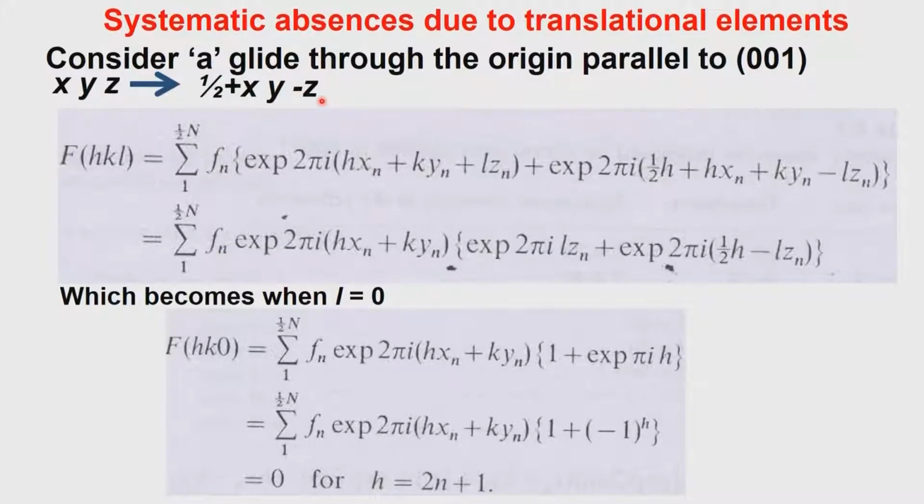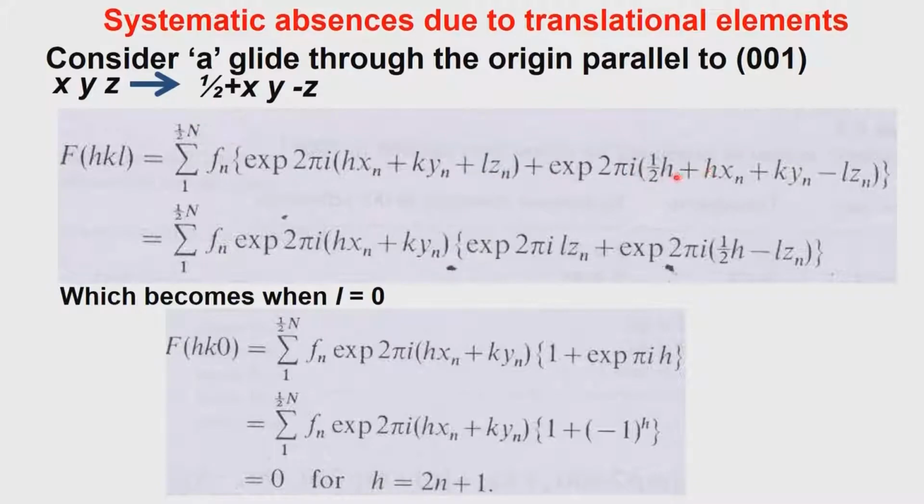And what happens to the structure factor expression? So, we write the F of HKL expression as before. It is the sum from 1 to n of fn exponential 2 pi i (Hx plus Ky plus Lz). And we also have, due to the second equivalent position, because again these two are equivalent of each other, we separate them into two parts. So, the summation goes from 1 to half of n, fn exponential 2 pi i (Hxn plus Kyn plus Lzn), plus exponential 2 pi i, with this half plus x,